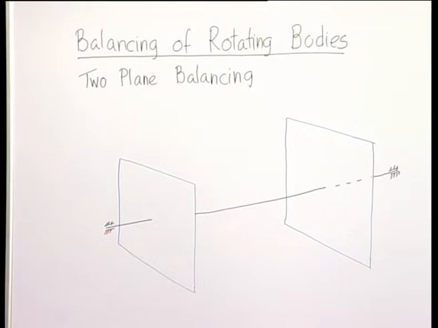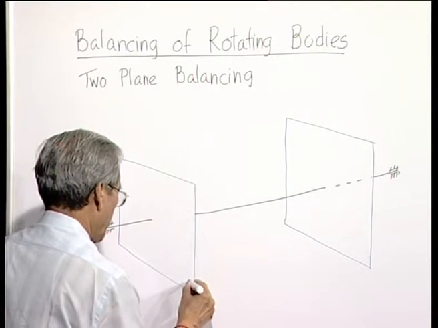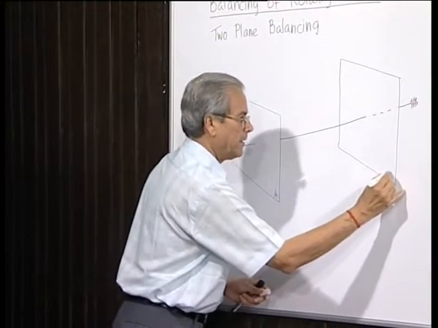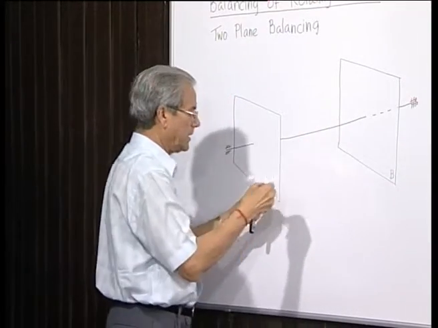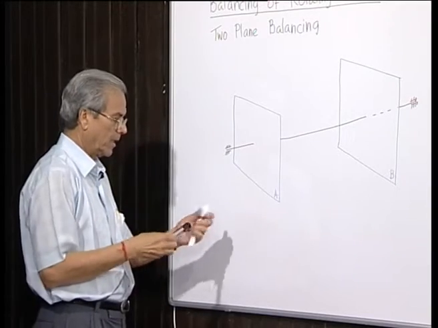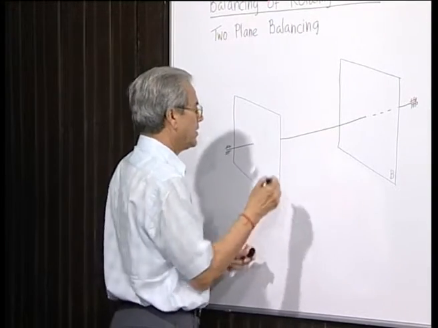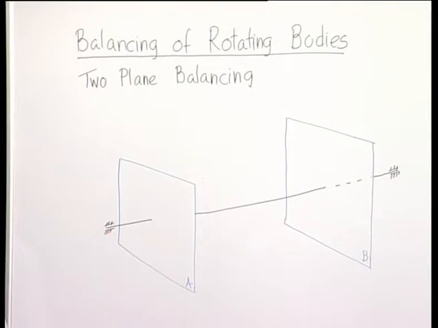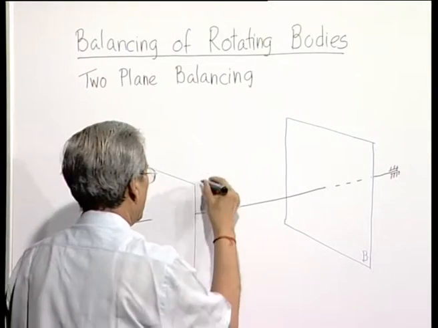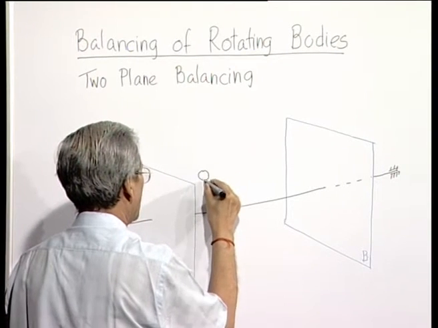So, let this be plane A, this be plane B, and this is the shaft which carries the unbalances. So, let us consider a case with 3, as you will see very soon that irrespective of the finite number I am selecting,